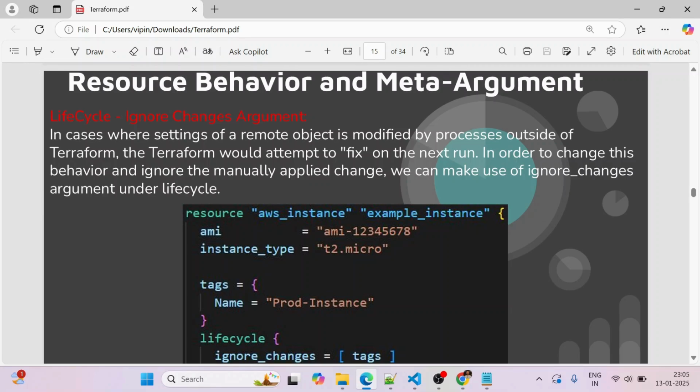So we are continuing with the Terraform tutorial, and in this video we are going to discuss a meta argument, that is ignore_changes. In some cases, settings of a remote object are modified by a process outside of Terraform, and Terraform would attempt to fix them on the next run. In order to change this behavior and ignore the manually applied changes, we can make use of the ignore_changes argument